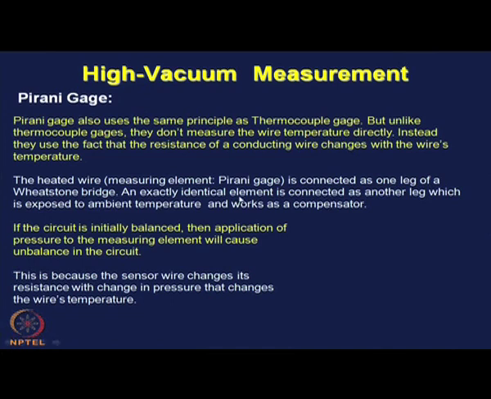An exactly identical element with the Pirani gauge is connected as another leg which is exposed to ambient temperature and works as a temperature compensator for the effect of ambient temperature. If the circuit is initially balanced, then the application of pressure to the measuring element will cause unbalance in the current in the circuit,